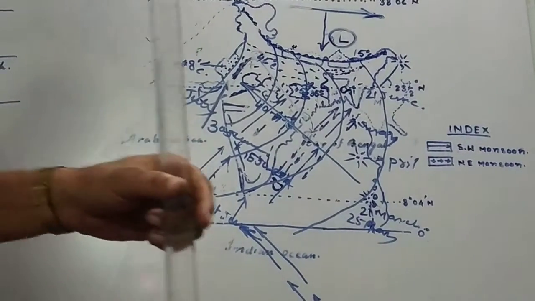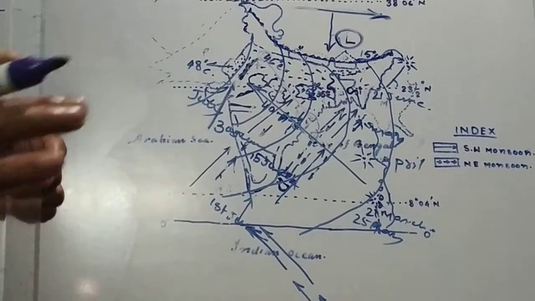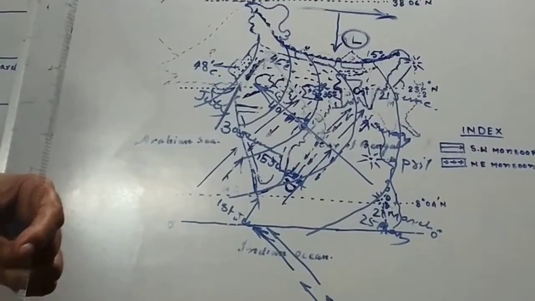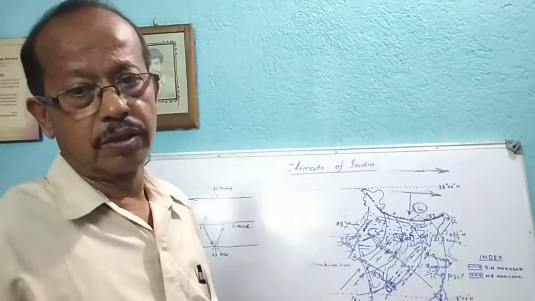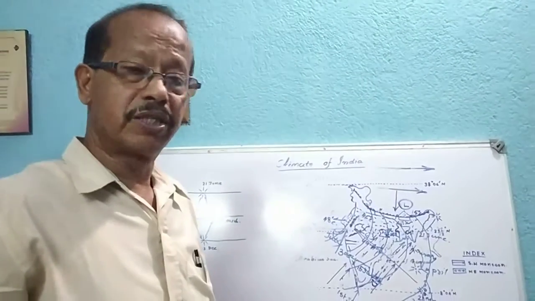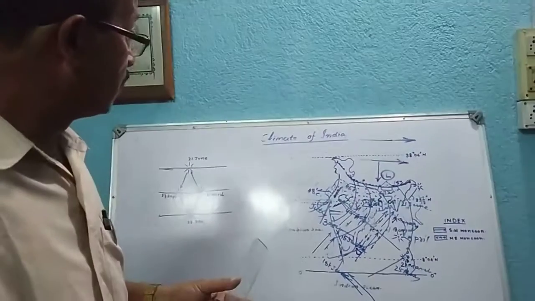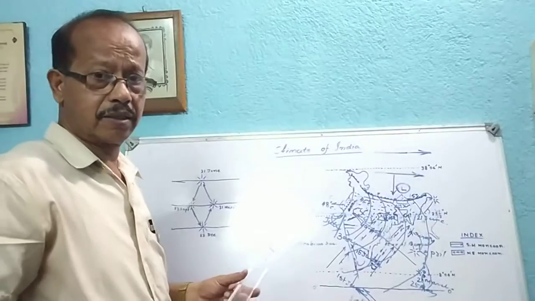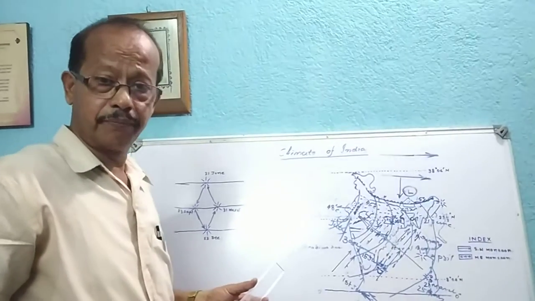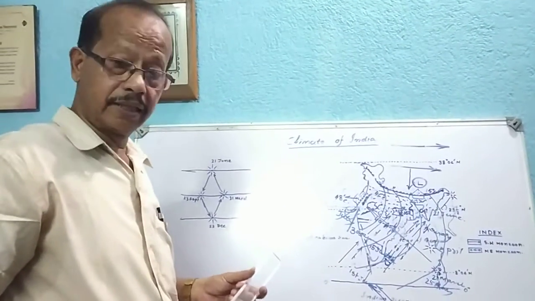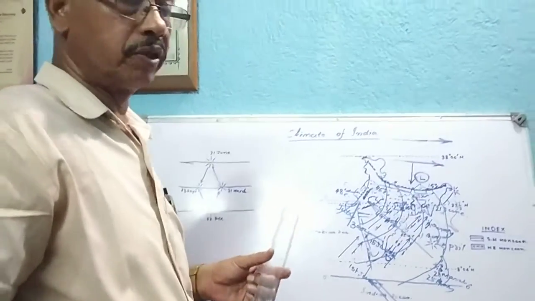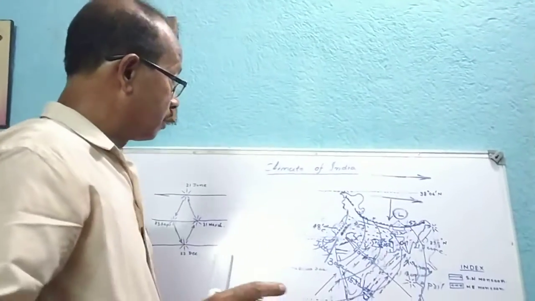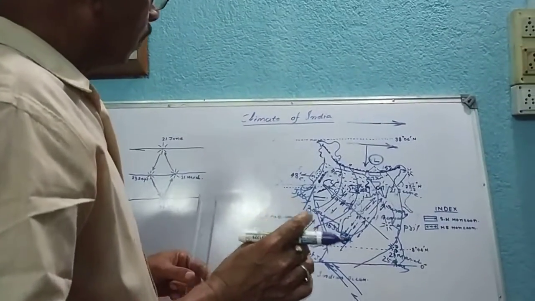There are so many theories regarding the origin of the monsoon, but the origin of the monsoon is still a mystery, because none of the theories can satisfy the scientists regarding the origin of the monsoon. Number one,